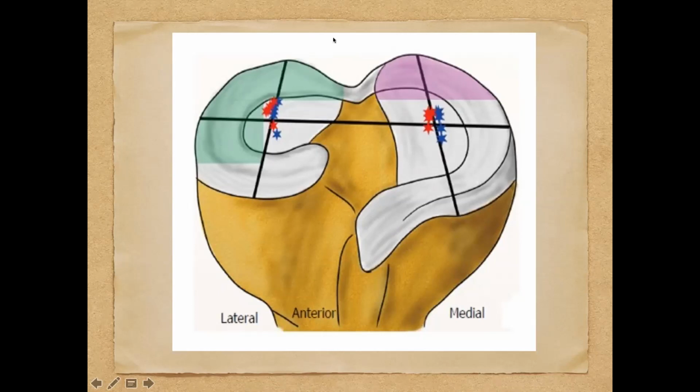So the green and purple depict the increased contact stress after ACL rupture in the posterolateral compartment during pivot